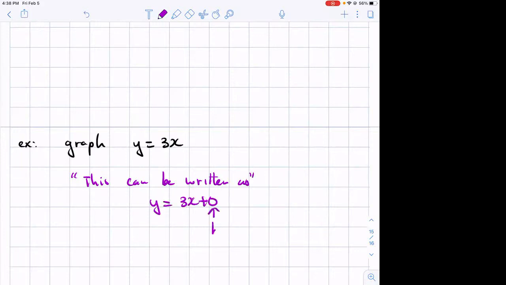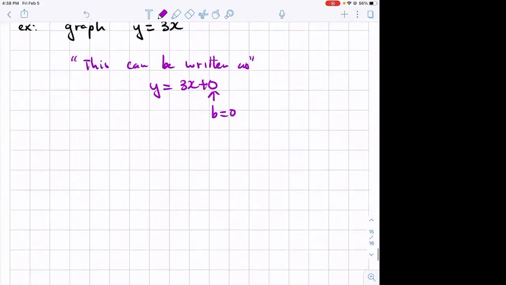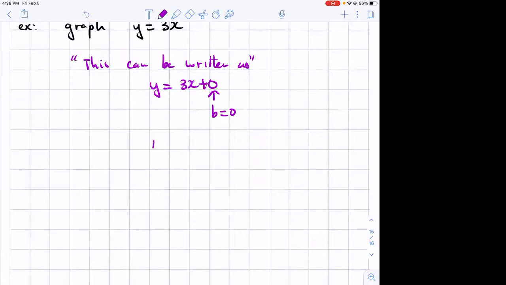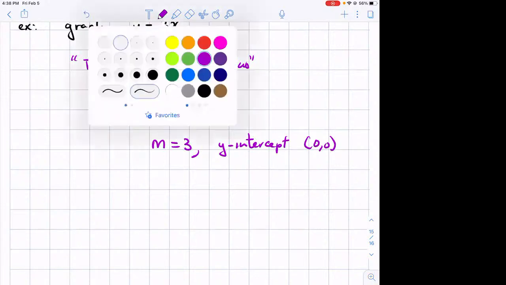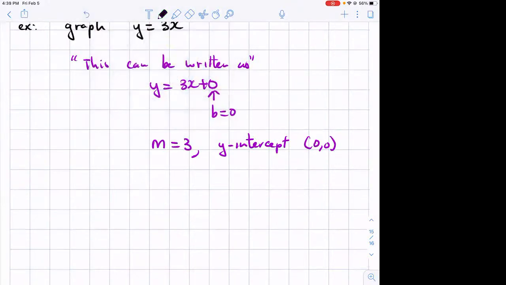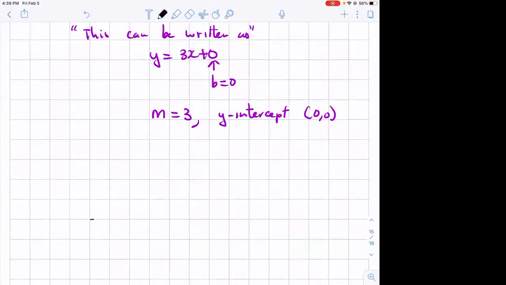So it means that b is equal to 0. And if b is equal to 0, it means m is equal to 3, and the y-intercept is 0, 0. So if we know this, we can graph our line